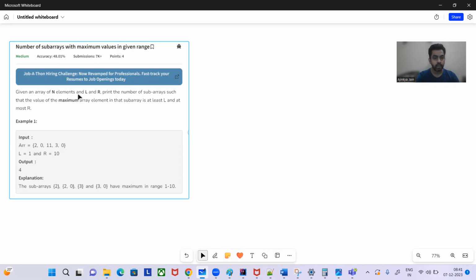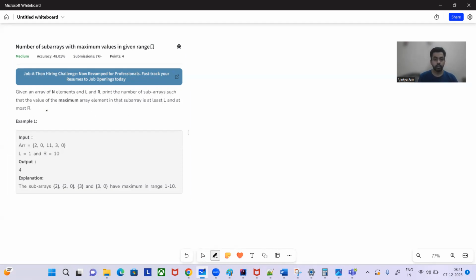Given an array of n elements and L and R, print the number of sub-arrays such that the value of the maximum array element in that sub-array is at least L and at most R. So let's see through an example, right? So here the example is given as